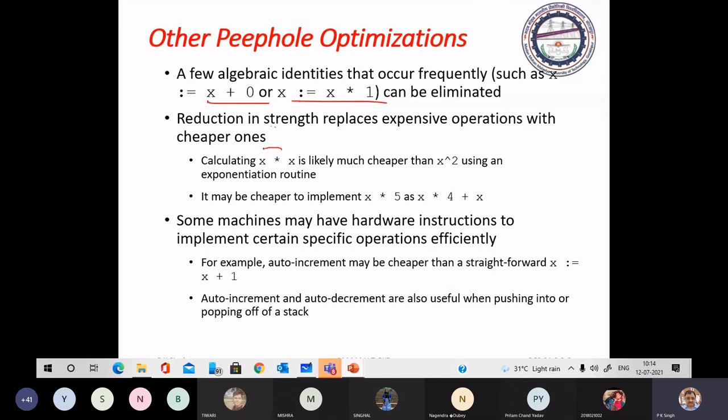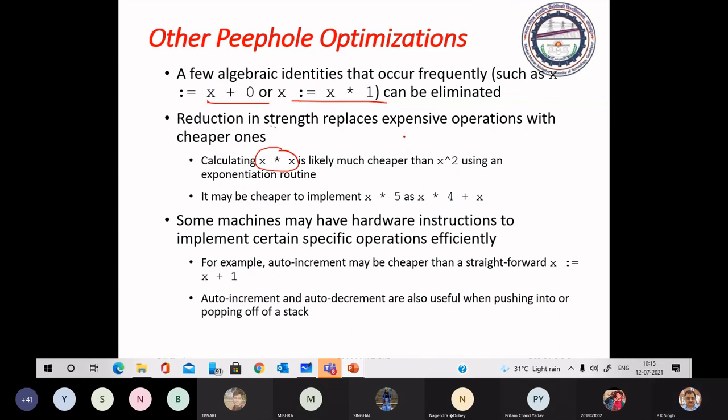We can replace multiplication by a cheaper operation, like addition or a shift operation.